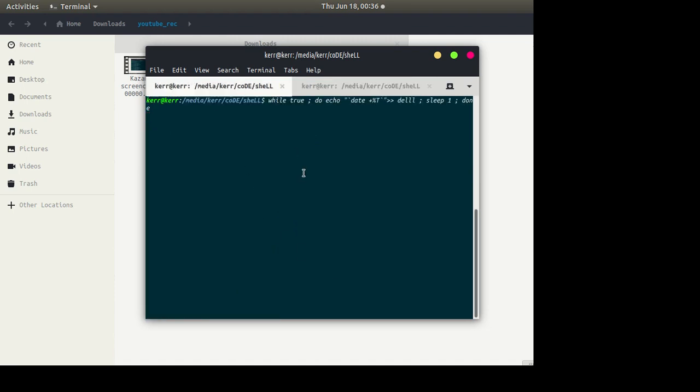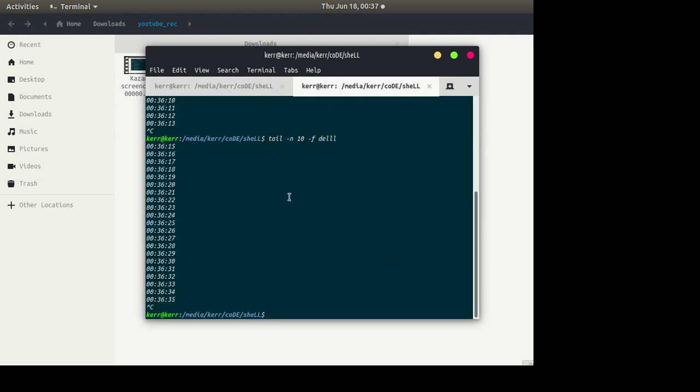And if you add one notification tone to this code, it will be much more helpful for you to distinguish. So just add -e with the backslash a, that will just ring the bell. Okay, so you can see it is giving the notification, and it's showing the last 10 lines of this del file.